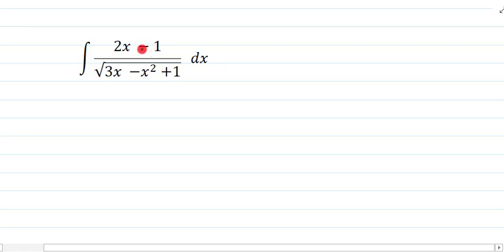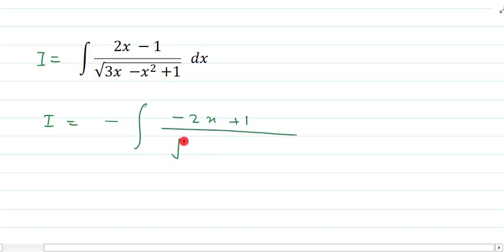So for that we need to multiply by a negative sign outside and inside the integration sign. That will give us minus 2x, and for plus 3 we will do the respective change, meaning adding and subtracting. So let us name this as I. So I is equal to, negative sign taking outside, it is minus 2x plus 1 upon square root of 3x minus x square plus 1 dx, not 3x square, this is 3x only.